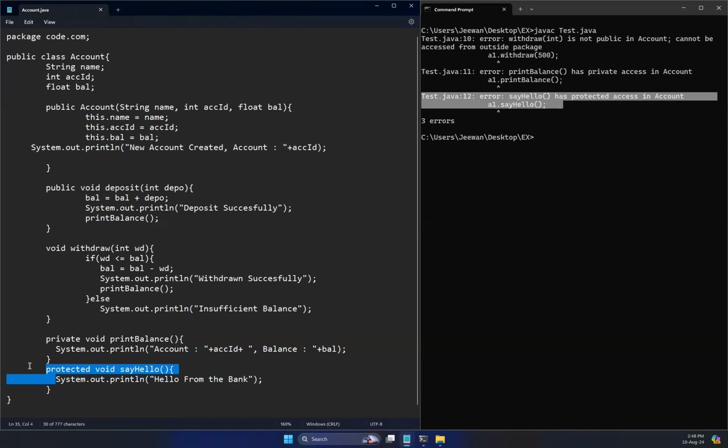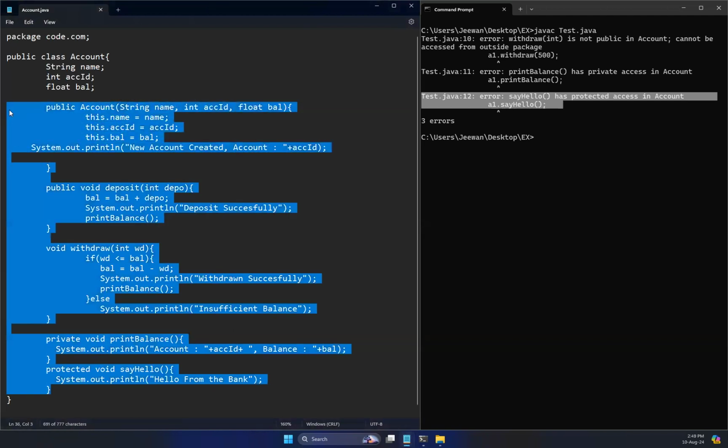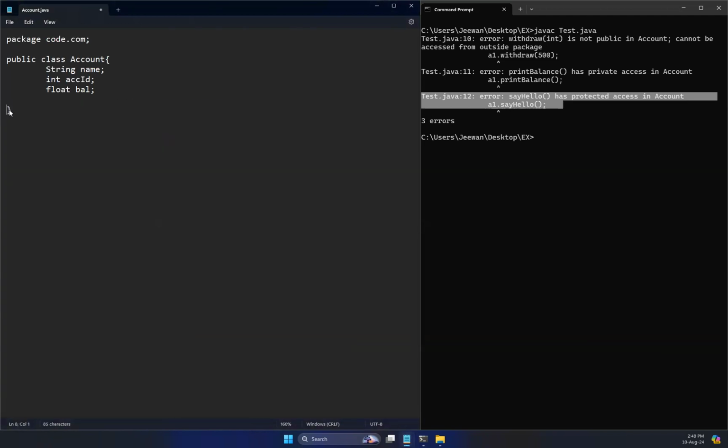Then these are two different packages, so I cannot access them. Therefore, this is how we cannot access the members or the variables declared. Right. Now, again, in order to make this easier, right now, let me